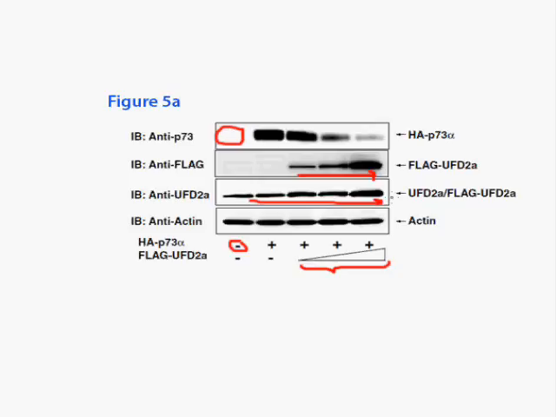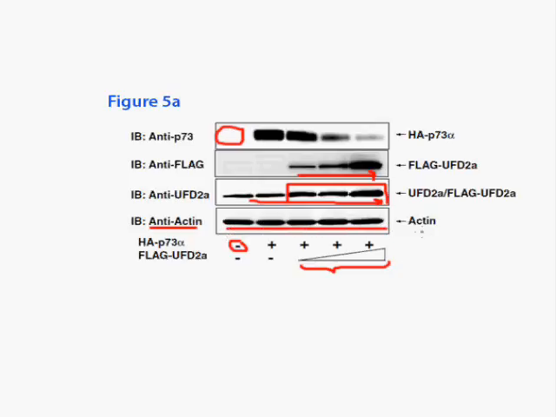Just from the introduction of the plasmid, these three here can be seen to increase while these two stay the same. This last panel here is just a control which blots for actin, and basically this shows that since they're analyzing the intensity of these bands, equal amounts of lysate were loaded because the levels of actin